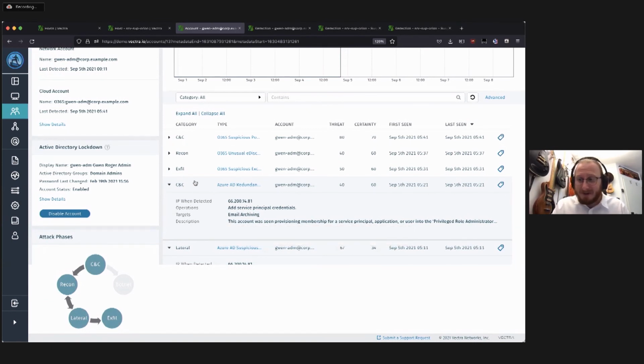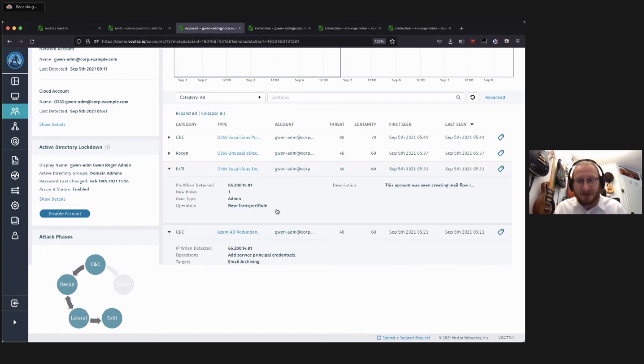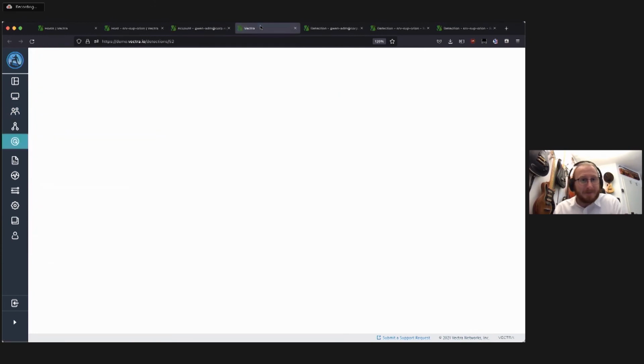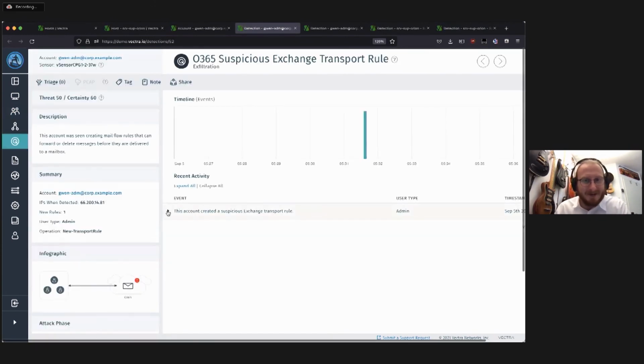Then it moved on to some suspicious remote execution. That's kind of interesting as well. The transport rule here is empty because that's a demo environment. But the transport rule started to send all the new incoming emails back to a foreign account.